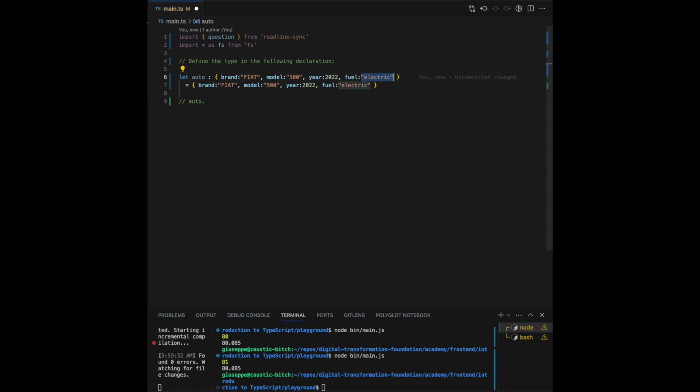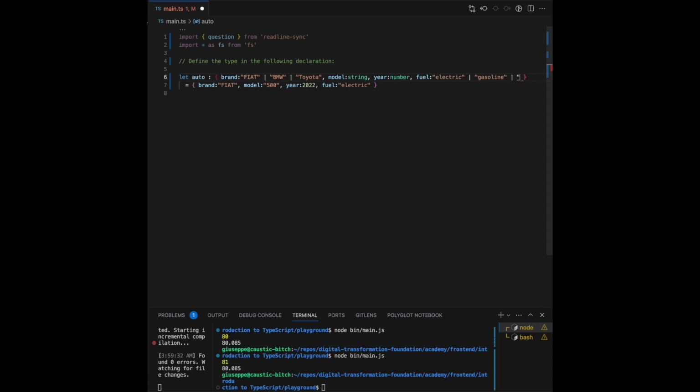So really, that's not okay, because I want to change brand, and now I cannot. There is only Fiat. We could open this up. We could say, okay, the brand is either Fiat or BMW or Toyota, and let's say the models, there's just too many of them, so the model is just a string, the year, well, come on, it's just a number, and the fuel is electric or gasoline. Yeah, okay, who cares,